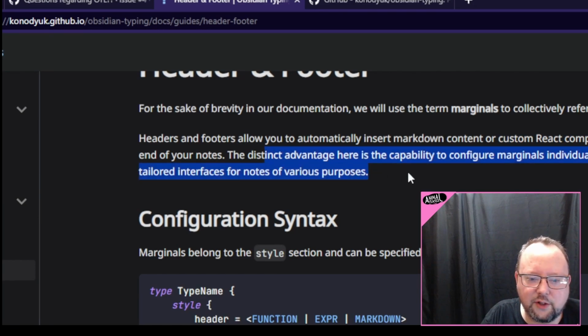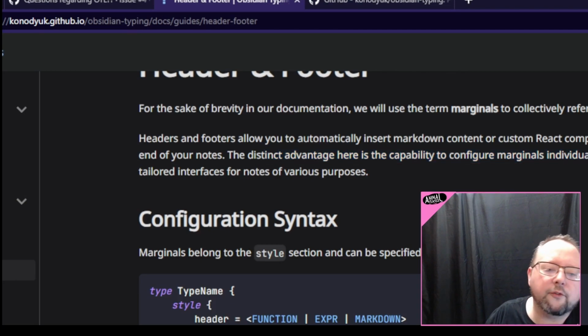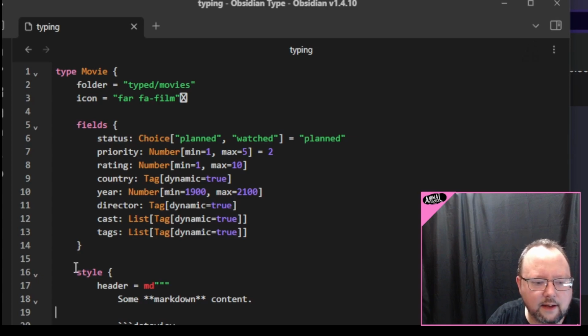The distinct advantage here is the capability to configure marginals individually for each note type, offering tailored interfaces for notes of various purposes. Markdown marginals: when you simply need to introduce basic content elements like headers, text, lists, code blocks, utilize Markdown. Okay, so I'm going to add that style